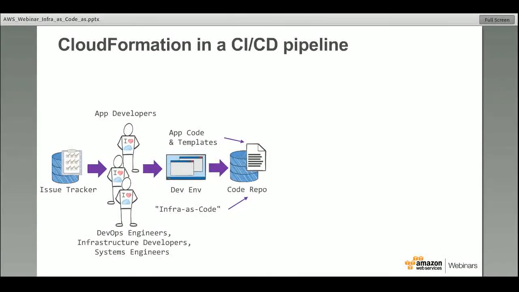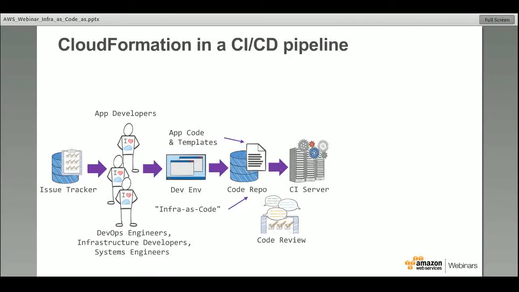You might have an issue tracker, you might be using the same development environment and using this same code repository. And then your software engineering processes also apply for both application and infrastructure. You have code review processes, a continuous integration server like Jenkins or Atlassian Bamboo and so on and so forth. And that server builds application packages, and it also builds the CloudFormation templates that define the stacks that are going to host the application packages.